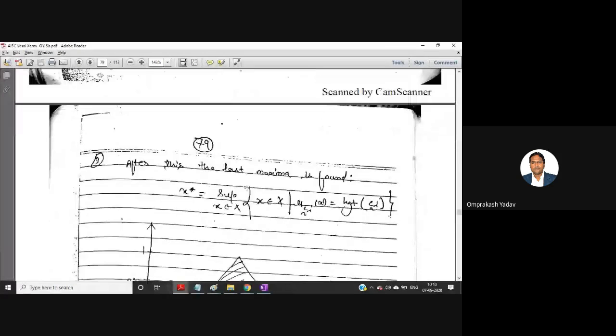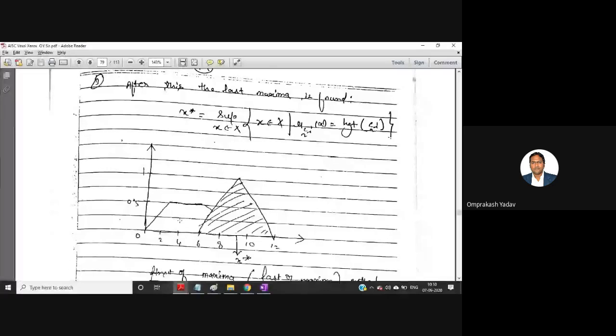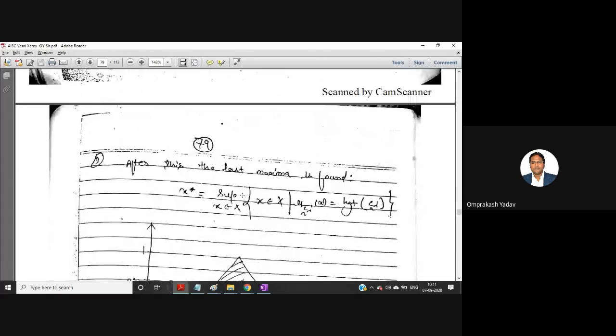Anyway, questions will not be asked on this particular method. Questions are asked only on the centroid method and the center of mass method. So only two methods are there, that's it. Based on those they will ask you the question. These are only for your short note purpose.